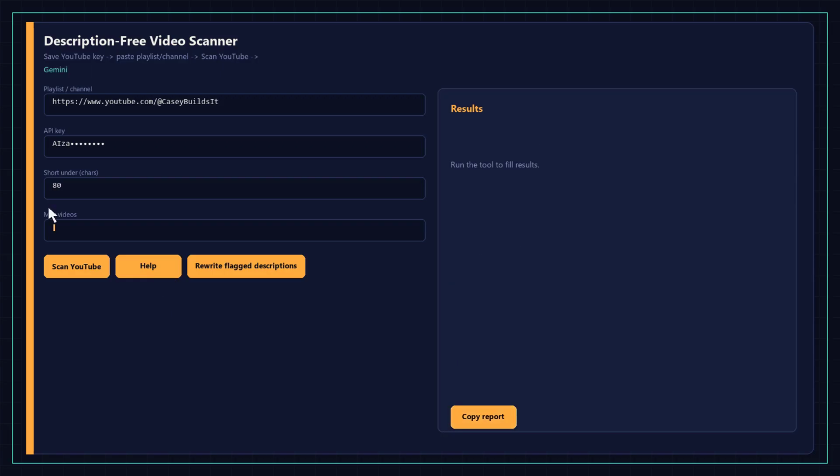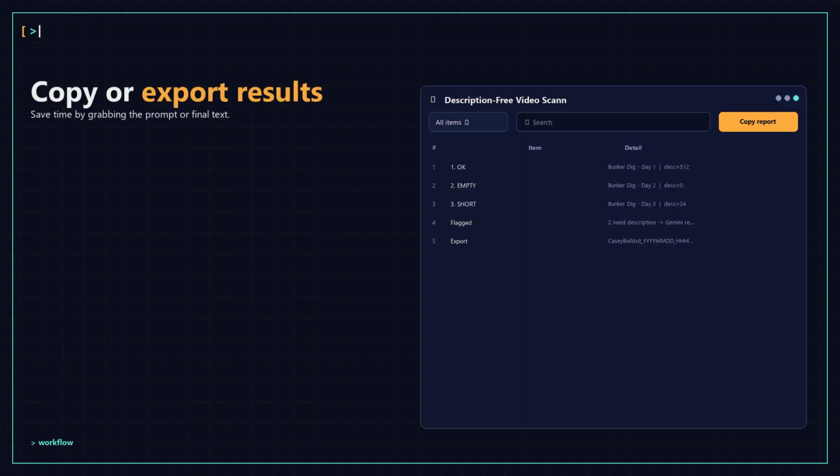If you want Gemini to rewrite the flagged ones, leave rewrite flagged with Gemini on. Paste your Gemini key if it is not saved. The rewrite prompt box can stay empty for the default style, or you type your own instructions, tone, length, CTA, whatever you want. Hit rewrite flagged descriptions, watch the empty and short rows get paste-ready copy, copy report if you